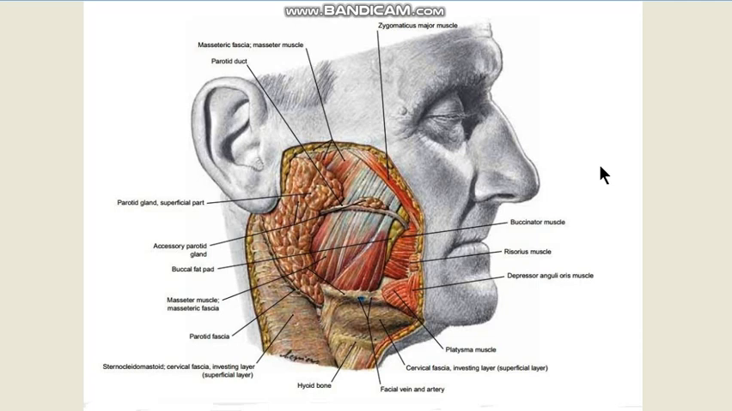Hello everyone, in this video we will discuss some other points about the parotid gland. Here you can see the parotid duct emerging from the anterior border of the parotid gland. It is formed by the union of two vertical ducts close to its posterior border, and this parotid duct is about 5 centimeters long. It passes over the surface of the masseter, taking an additional small duct from the accessory